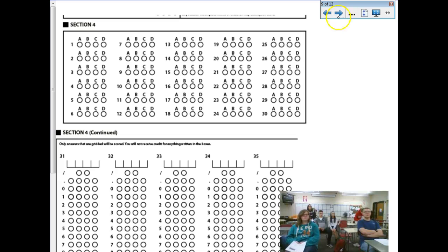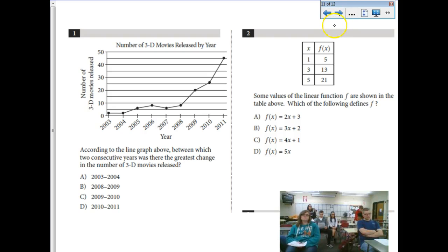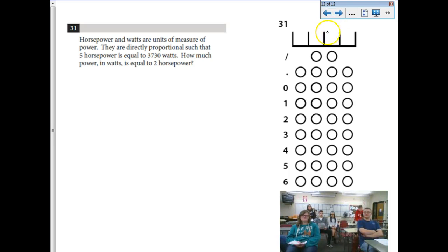Then the next portion of the test is the calculator portion. It is 38 questions, and you get 55 minutes to answer those questions, guys. That is a lot of time. It's a very long test. Kids do not typically run out of time on this part, so don't panic. But I still have the same question for you. Should you start at number 1? No, absolutely not. You jump ahead to number 31, which is...